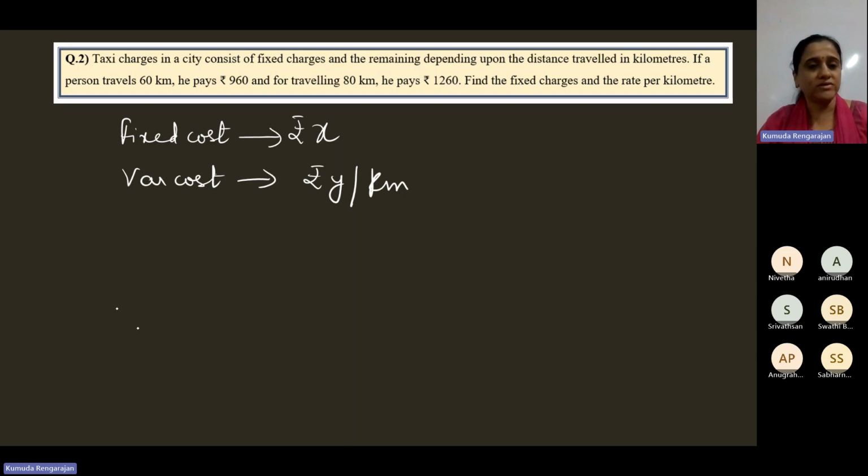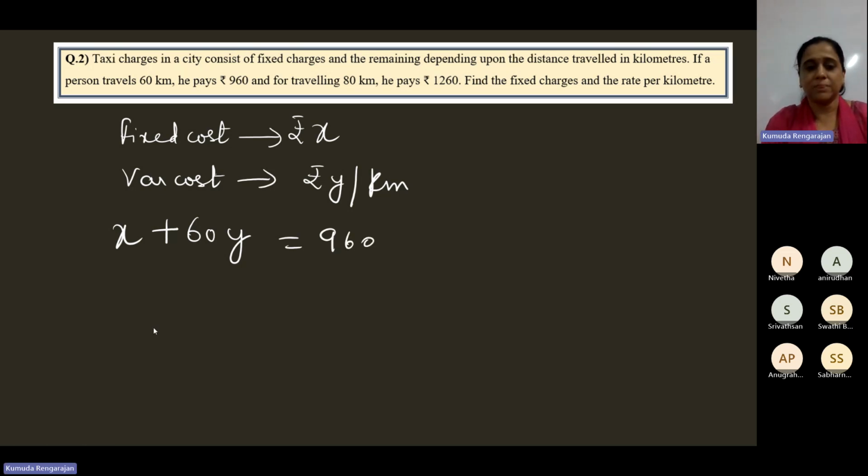So now case one is you booked the car, so you have to pay X. In addition to that, you have to pay Y rupees per kilometer. How many kilometers do you travel using the car? 60. So 60Y. 1 kilometer, Y rupees; 60 kilometers, 60Y rupees. Now this fixed cost and the variable cost together is 960. This is the total money you're settling